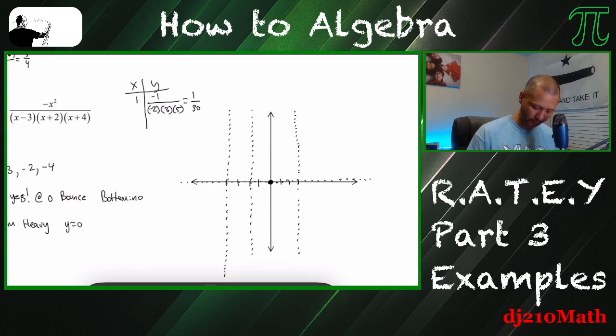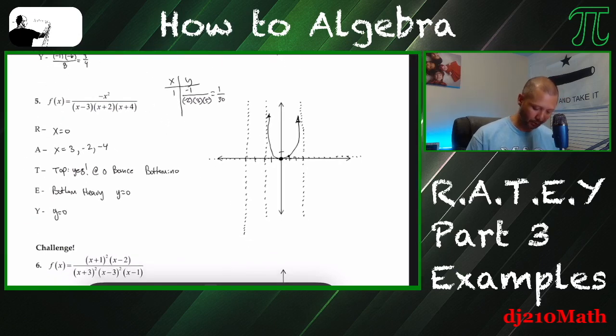So when x is 1, y is 1/30. So this means the branch has to go up like this. Not only that, it has to bounce at x equals 0. So it's going to have this parabola looking branch. And that's very useful because we know